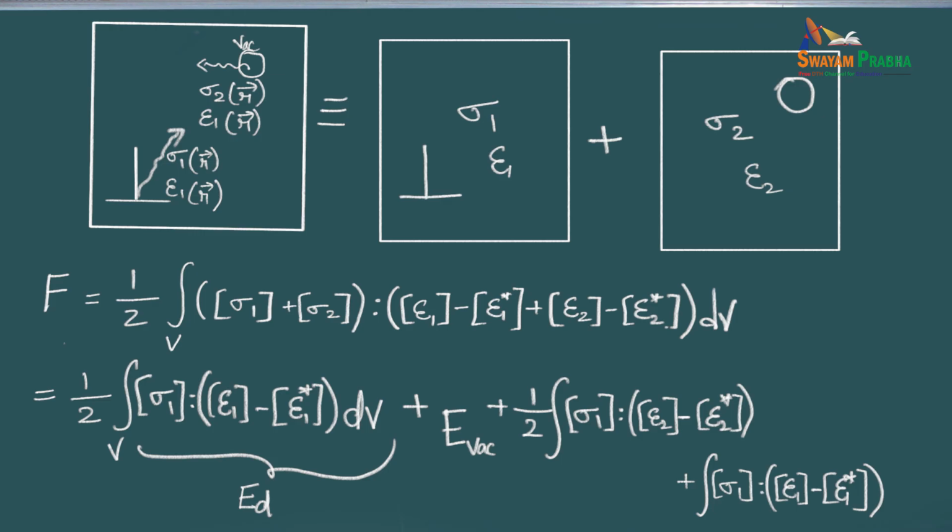It's not because I sum the displacements, the strains and the stresses that they don't interact, because the energy will couple sigma 1 with epsilon 2 and sigma 2 with epsilon 1. So you have interactions even if the stress of one defect is not affected by the presence of the second defect. That makes sense? It's true that phonons, for example, do not interact, but that's because the phonons are